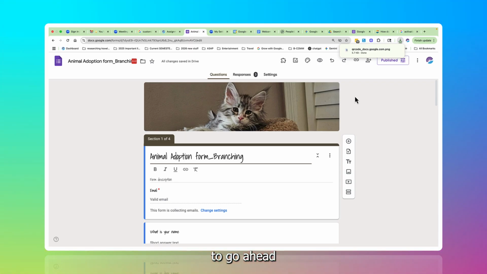So I'd like you to go ahead and make this form and share it with me. It would be nice if you could share it with some other people as well. I've shared my form with 3 other people, and you can go ahead and click on the responses. Once you get some responses, click on the responses